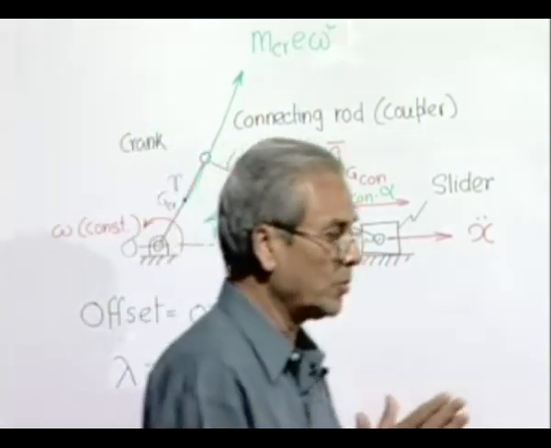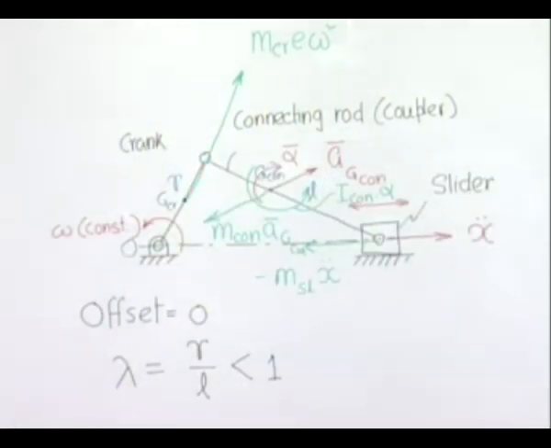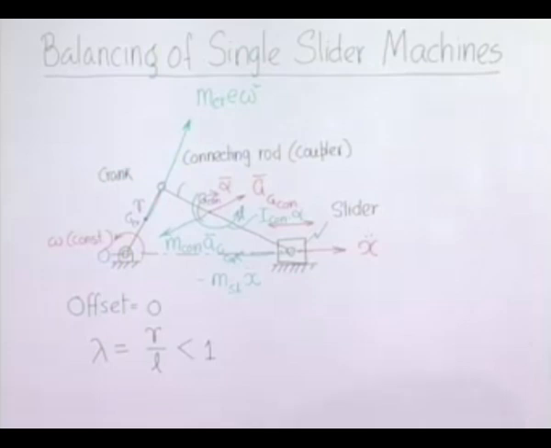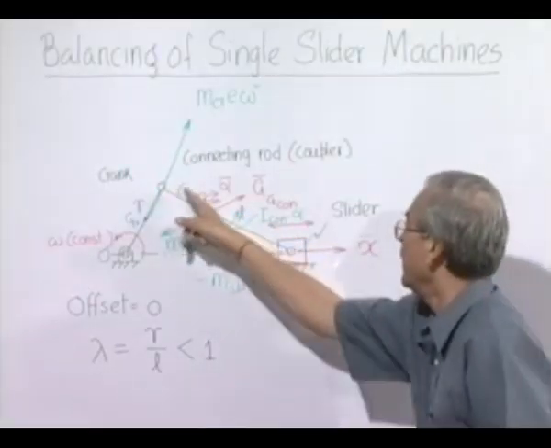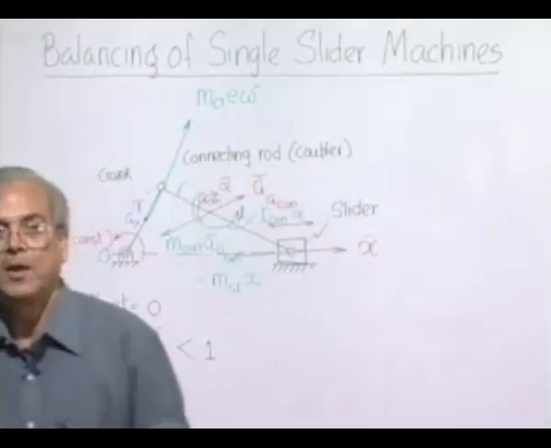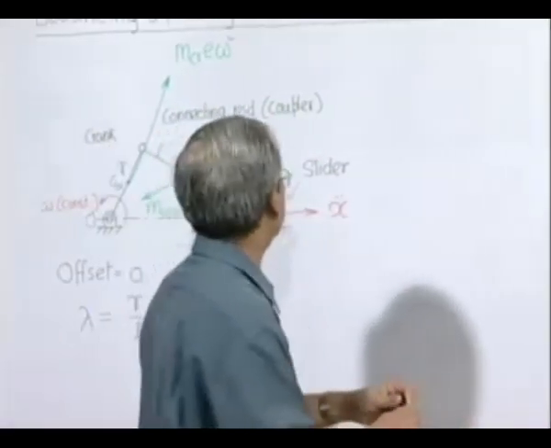What we can try to do is consider an equivalent system which is kinematically equivalent, but which is represented only by a purely rotating body and a purely reciprocating body. In other words, we replace the connecting rod, which is the problem maker because it is a floating body, by two concentrated masses or particles placed at the two ends, that means here and here. Thus, what we propose to do next is